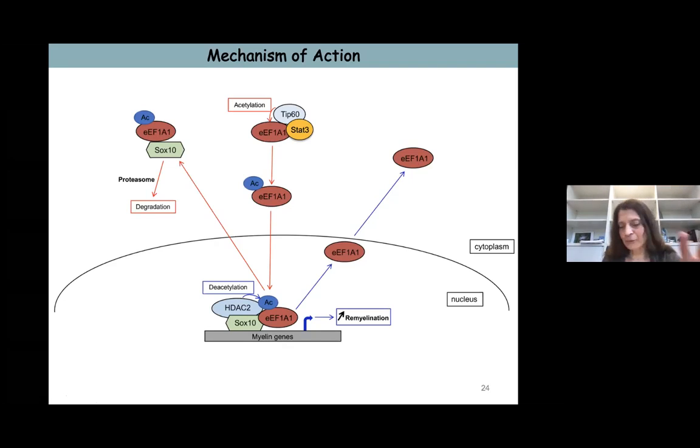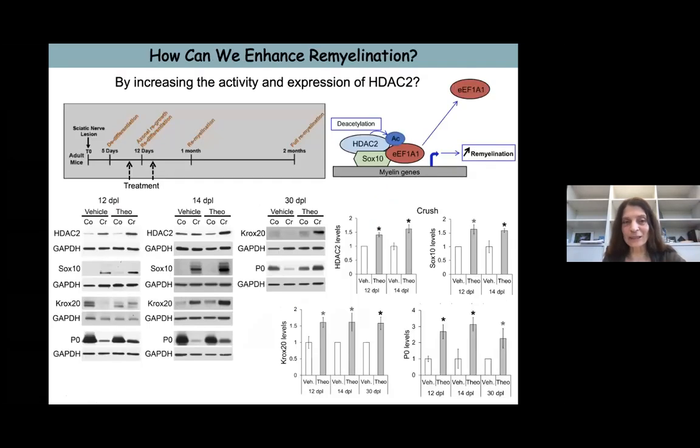We were very happy with this mechanism, but then we wanted to use it potentially to enhance remyelination. So we thought, very naturally, let's try to increase the activity or expression of HDAC2 and get rid of this acetylated EF1A1 to allow remyelination by SOX10. We looked for an activator of HDAC2, and there's actually only one known. It's called theophylline. It's already used in asthma or COPD, chronic obstructive pulmonary disease, but it's a very old drug